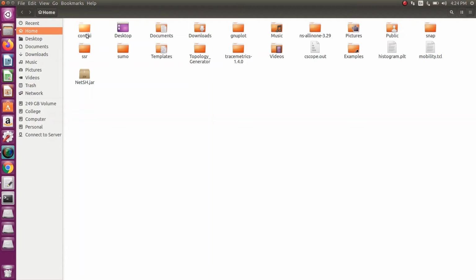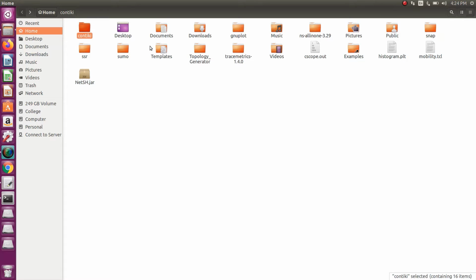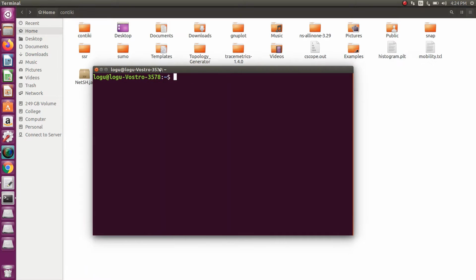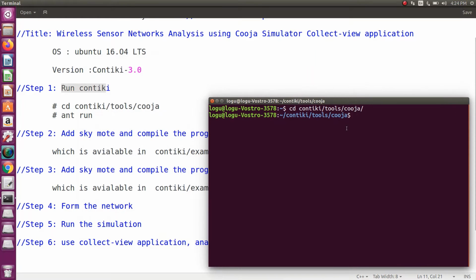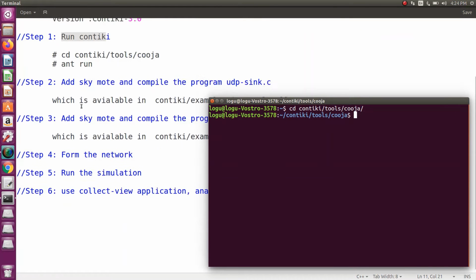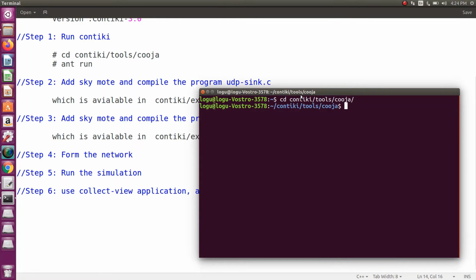In my home folder I have the Contiki operating system. Just go to the Contiki folder: cd contiki, tools, then cooja. So now we are in the Cooja folder. Now we want to run that Cooja simulator. Just type and run.